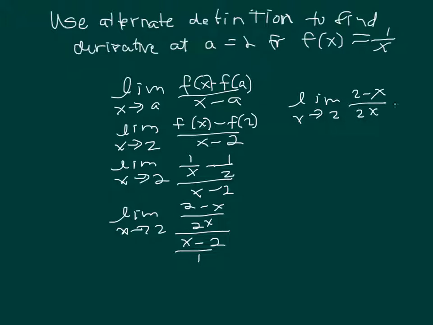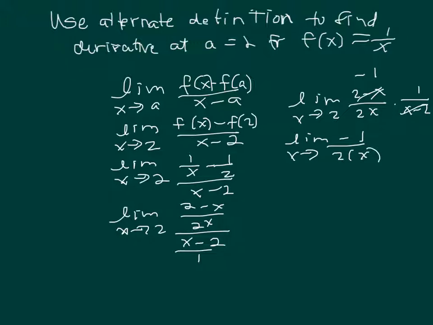times, I'm going to flip this and make it 1 over x minus 2. Nothing really cancels here, but we do notice that 2 minus x and x minus 2 are opposites of each other. So if things are opposites of each other, this can cancel, but it's going to be a ratio of negative 1. So then I'm going to get the limit as x approaches 2 of negative 1 over 2 times